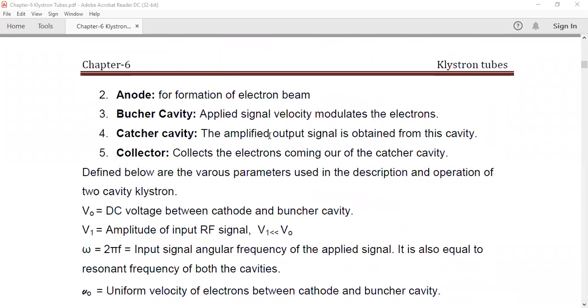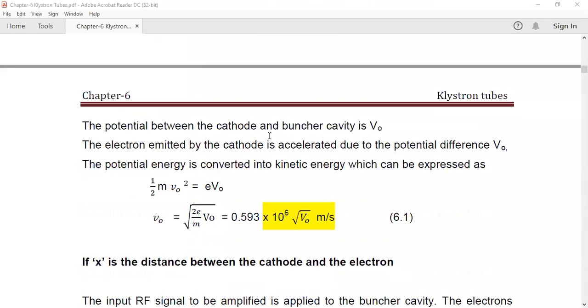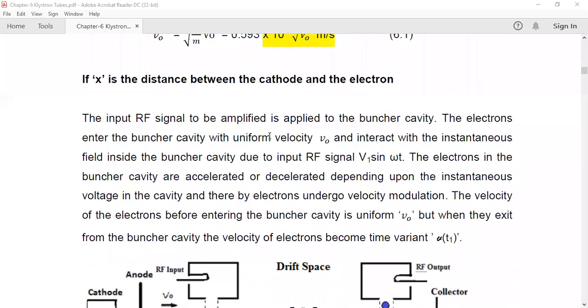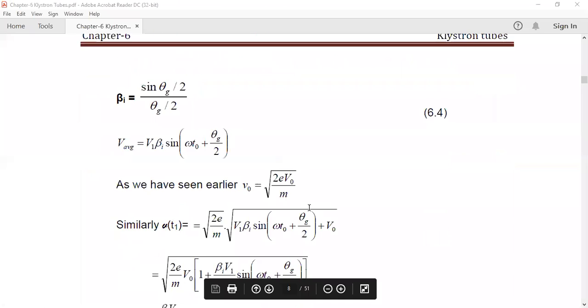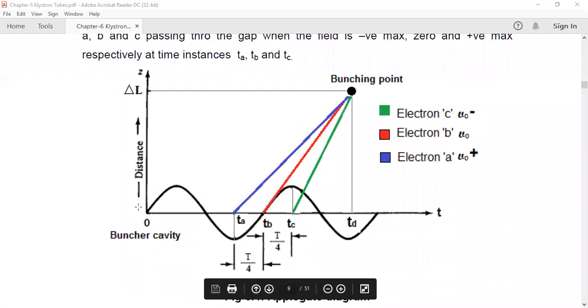So now coming to this. First thing is we need to find out, as I already told, these things need to be explained by the Applegate diagram. Also we saw, this is the Applegate diagram. I'm taking three electrons here: A, B, and C.